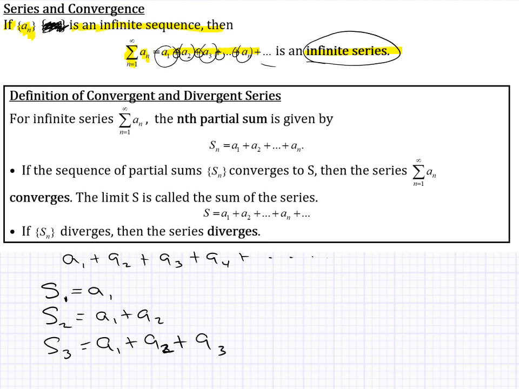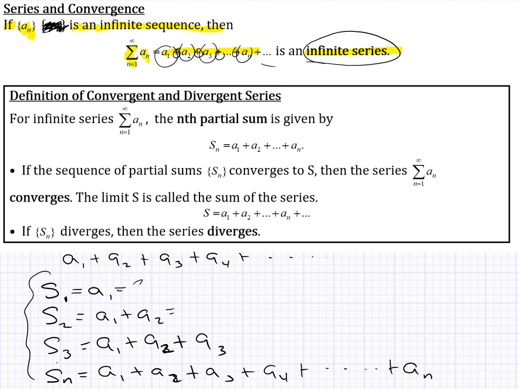You see the pattern. So if I said the nth partial sum, s sub n, it would be the first n terms added together: a sub 1 plus a sub 2 plus a sub 3 plus a sub 4, all the way up to eventually whatever a sub n is for some random n value. Those are what we call partial sums. We can figure out what these partial sums are, and they each would have some value. Because these are finite sums, we could do this addition and figure out what the answer is.